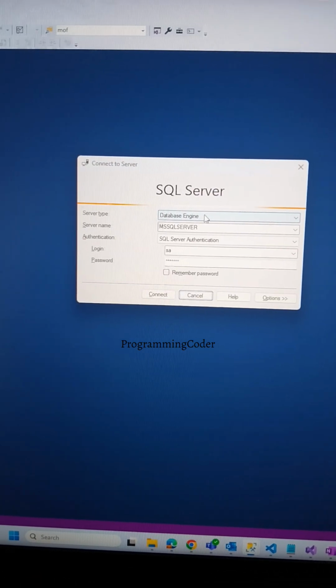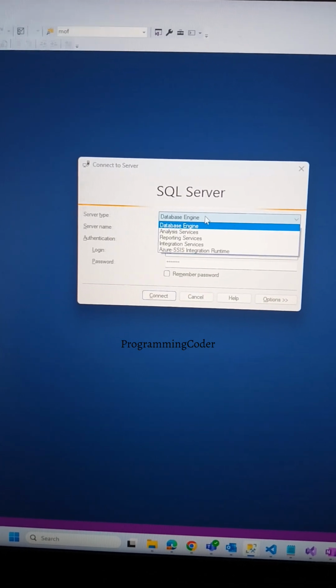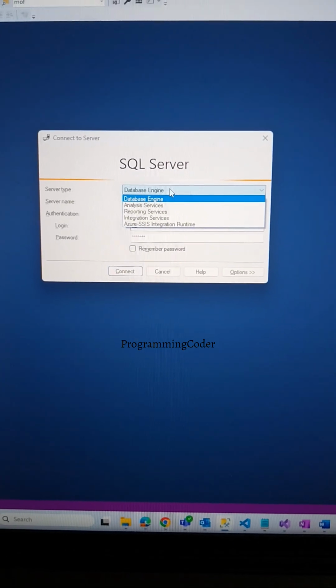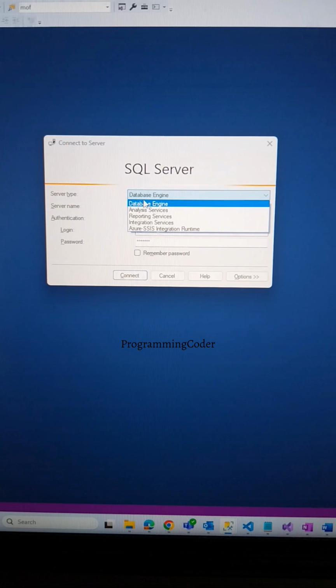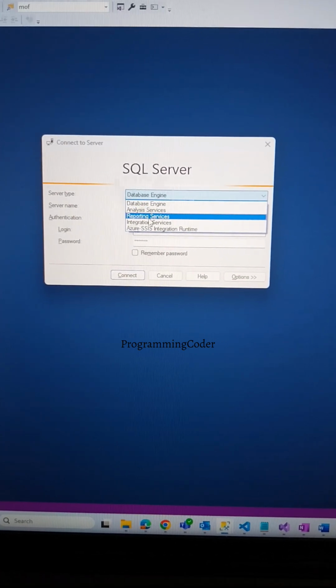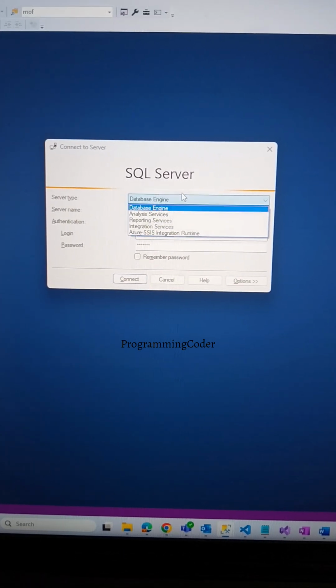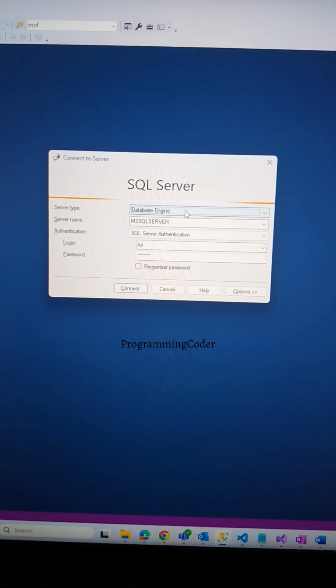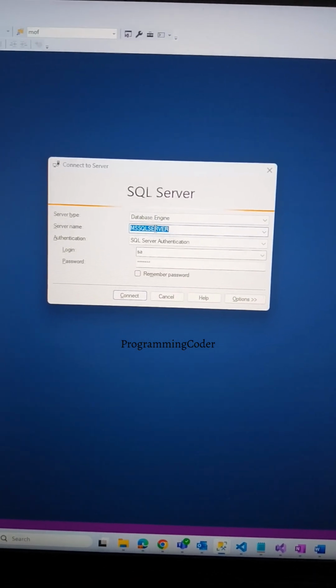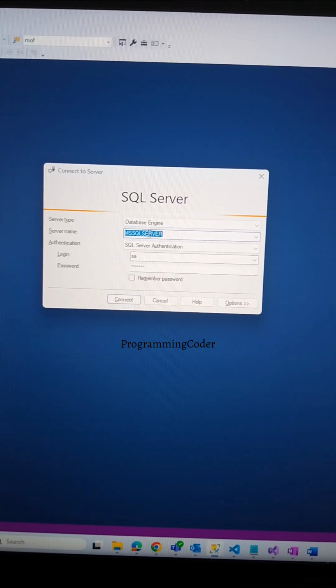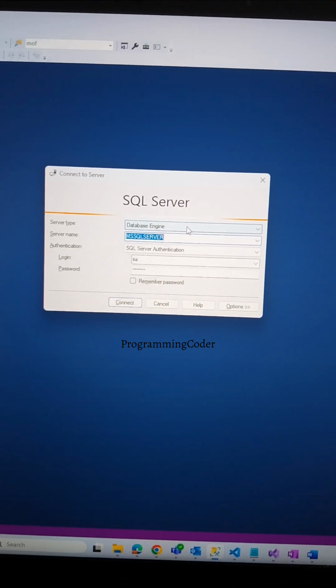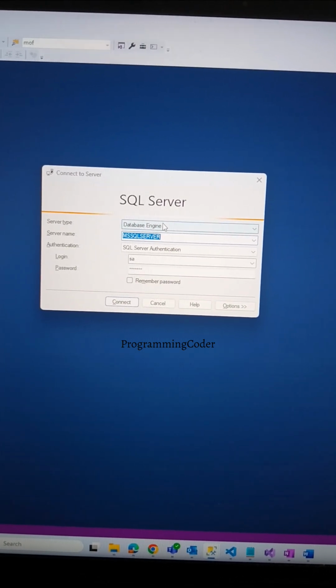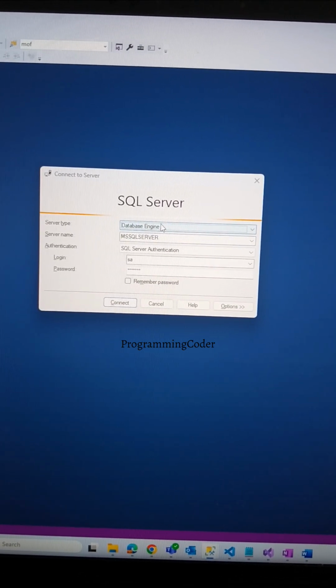First we need to check the server type, that is, what the server type is: database server, analysis server, reporting server, integration server, Azure type. Based on the server type, you need to give the service name, whatever service that server type is running. So it's a database service, database engine type, right?